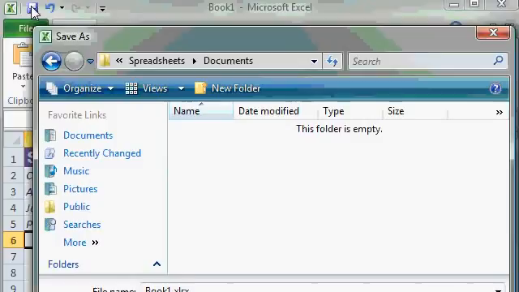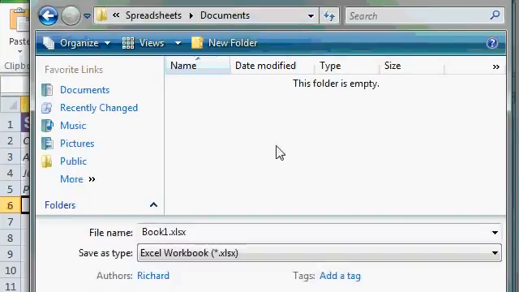This opens up the Save As dialog box. I'm using Windows Vista, but it should look pretty similar regardless of what version of Windows you have. I'm placed inside my Documents folder where I can save any documents that I create. Down toward the bottom of this window, you'll see a spot to type in a file name. Mine says